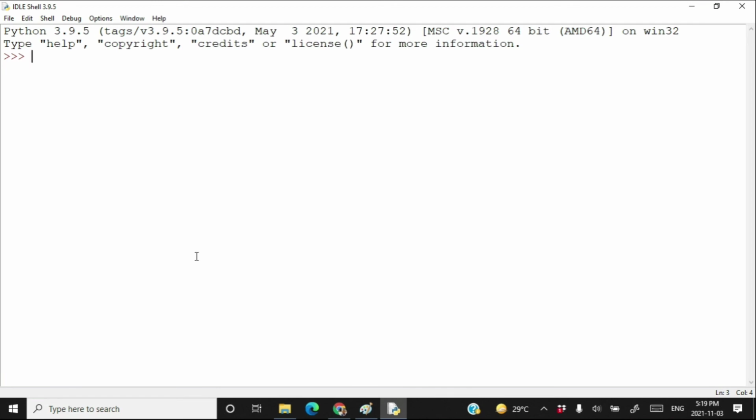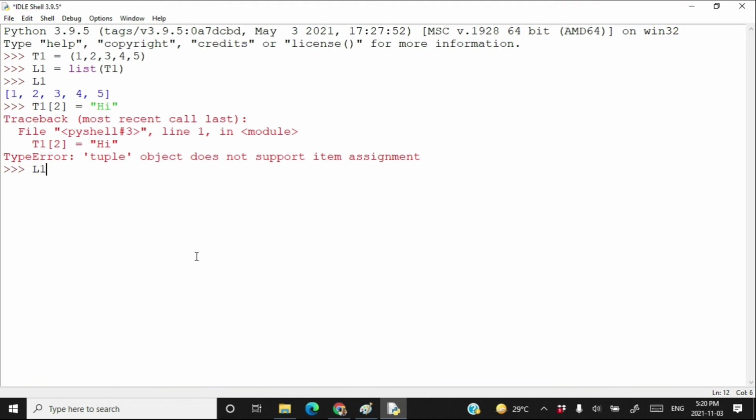Let's try it. Suppose that I have a tuple t1 is equal to (1, 2, 3, 4, 5). This is my tuple which I want to change. So what I do here is create a list using the various elements of the tuple. Okay, this is my list. Then change the value at a given index. We can change the value in a list.